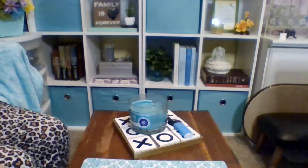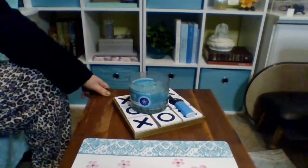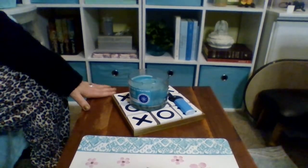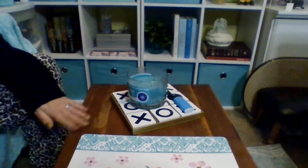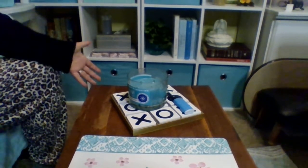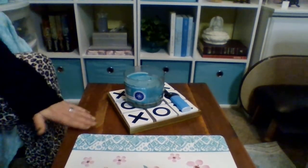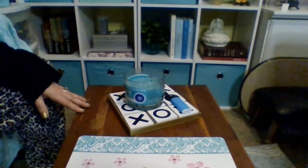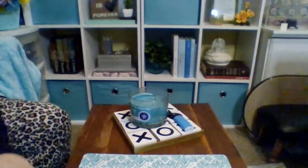Maybe. I don't know. I'm setting you on a table, this wooden table my grandfather made back in, I want to say 1985, and he made this with his own hands and tools, and I love it. It's something that I want to keep, and I really don't want to paint it. It's sentimental to me, and my grandfather passed on years and years ago, but the furniture that he made has held up all this time. So anyway, I love it. I know it needs a new coat of varnish, but this is staying no matter what. I just have to figure out a place for it, or maybe I could put it in my bedroom. I'm not sure, but anyway, then I have my candle and a little tic-tac-toe board here, and then let's see,